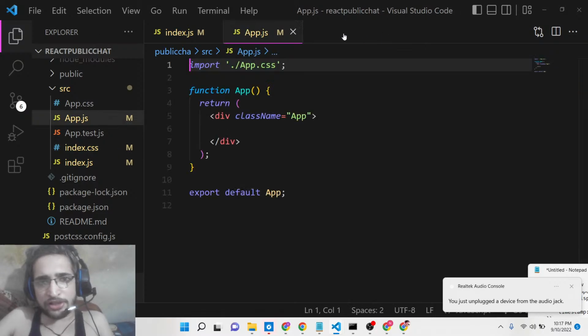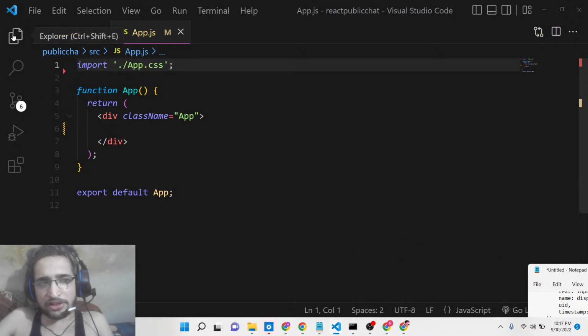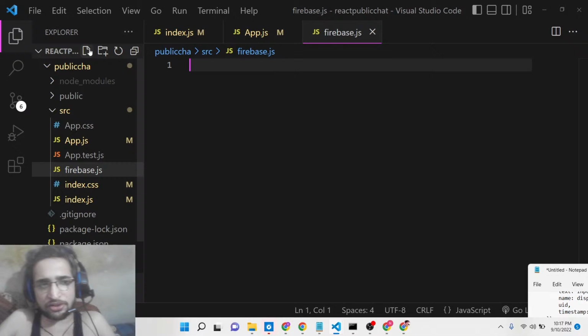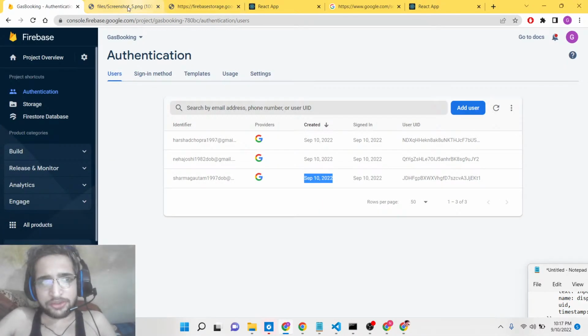So now it is completed, guys, here. And now first of all we need to basically here inside a root directory will simply say firebase.js. Simply create this file, and here, guys, first of all you need to create a brand new